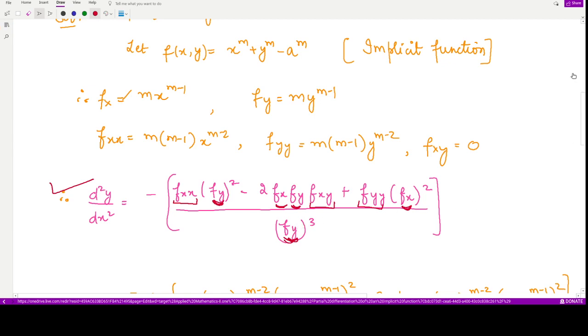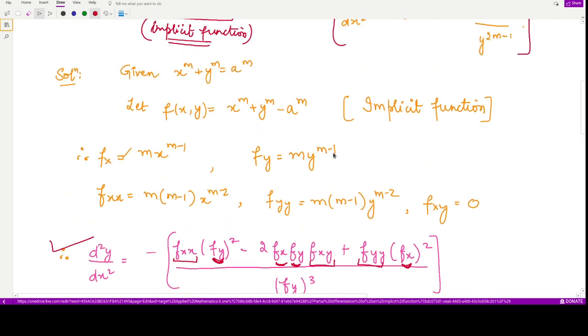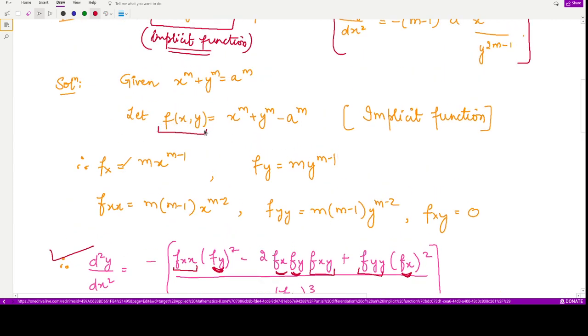How would you compute this? Firstly, you will differentiate the given f(x, y) with respect to x partially. In that case you will keep y constant, so you only have to perform the differentiation of this particular term. So it would be m into x to the power m minus 1. And then when you take its derivative again with respect to x, again you will keep y constant because there is no y here. So m would come as such, and then the derivative of this term would be, the power would come in front, so it would be m minus 1 and x to the power m minus 2.